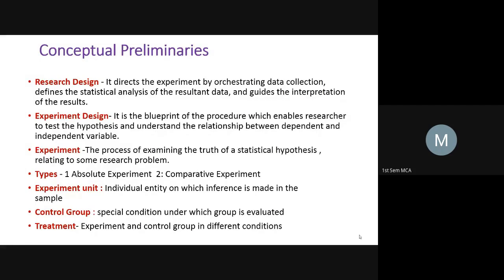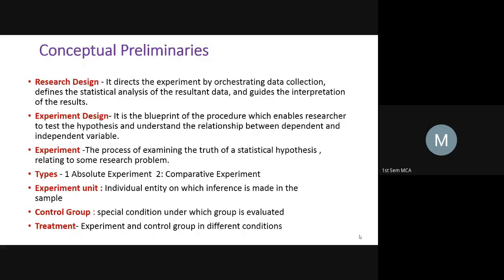Some method is more efficient if the number to be searched is at the beginning, some method is more efficient if the number is in the middle, and some method is more efficient if the number is at the end. That means for each method there are some pluses and minuses, positives and negatives. Given a situation, if I ask you which method is efficient, then you have to do the comparison. So what is the parameter that you have to take? How fast the method is going to search the given element in the set of 50. That is nothing but your comparative experiment.